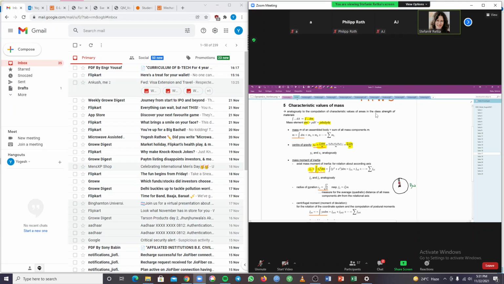So every mass component has a different distance from the axis of rotation, and then we can compute the average distance of all these components, distance to the axis of rotation. That's what it refers to. And